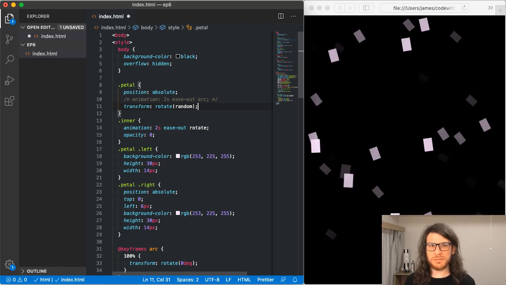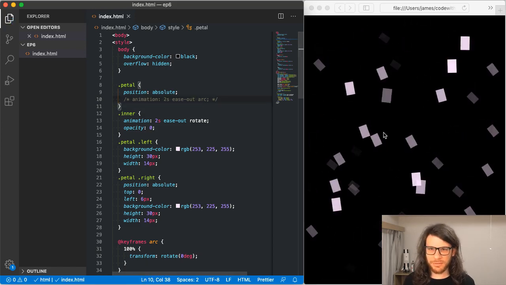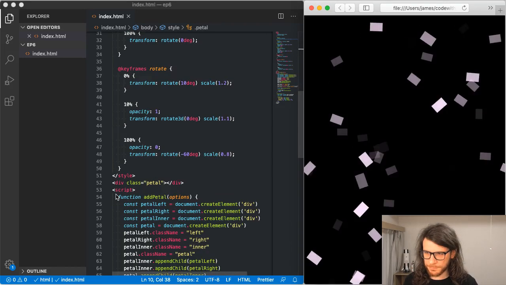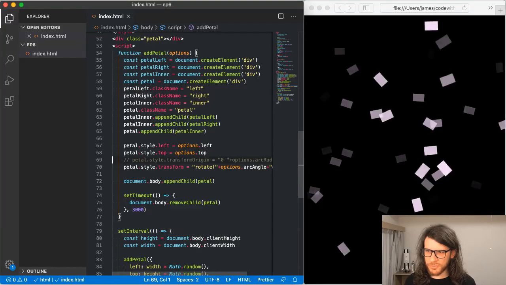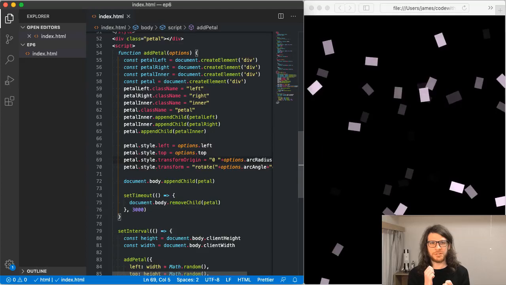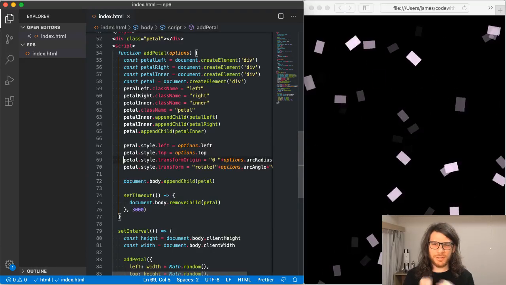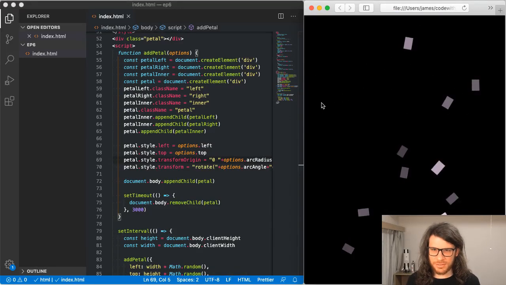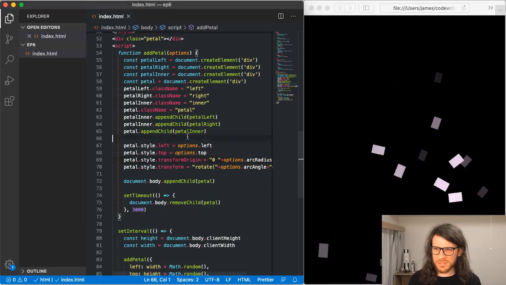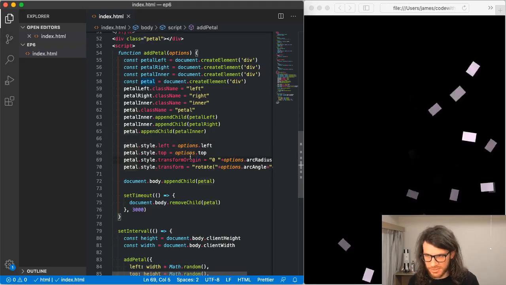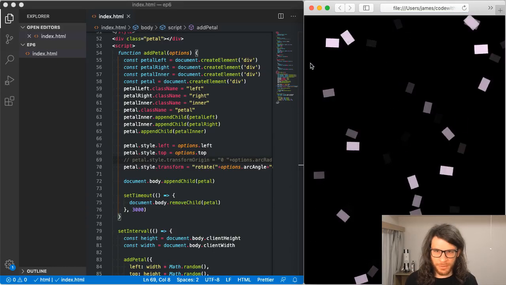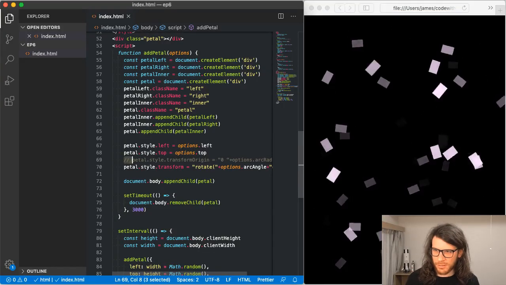So you can imagine this is what's happening. I'm not going to say that because that's incorrect code. But you can see now that they're all starting at a random angle. And then if I add the transform origin back in, what this is doing is it's setting the point around which I rotate that div, which I think is quite hard to visualize in this specific example. You can see if I add this back in, so let me just comment this out again. So if I add 2 slashes at the front, that means that's a comment. They now appear all over the screen. Whereas if I uncomment that,